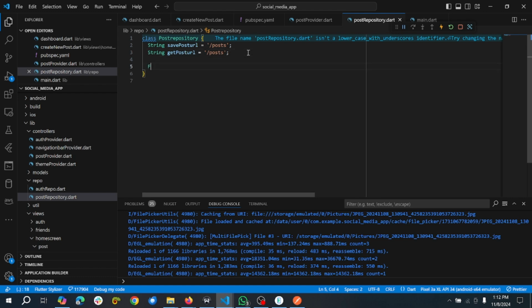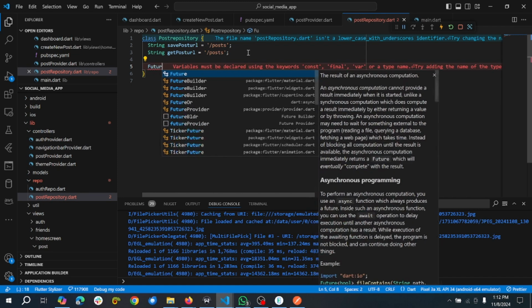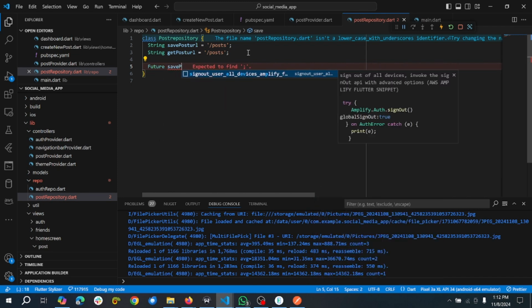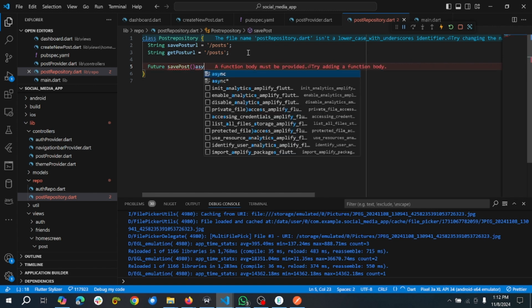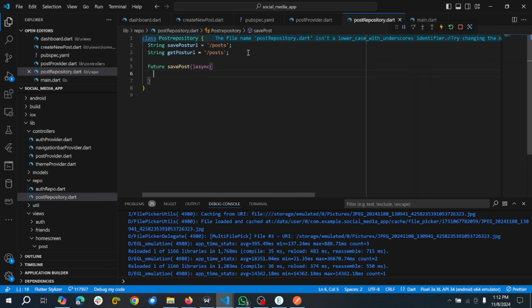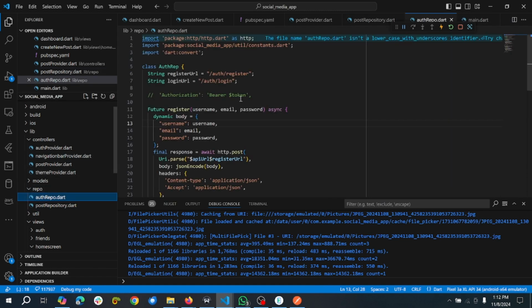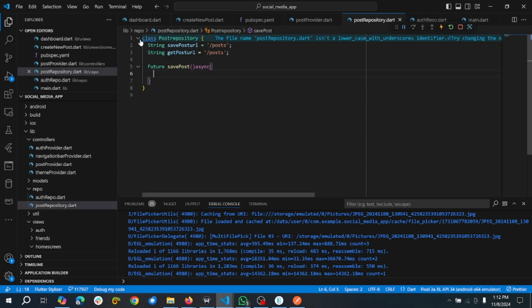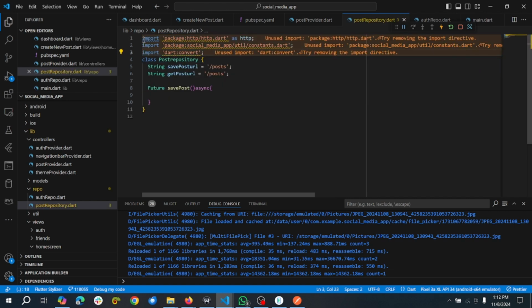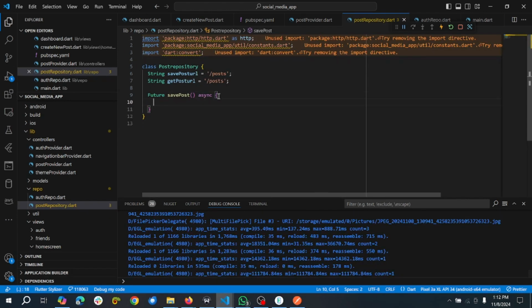So what we can do is to say Future save post and async. Okay. We will need to import these two. So I will need to import the three. Okay. So save post. And here we will need to add images,